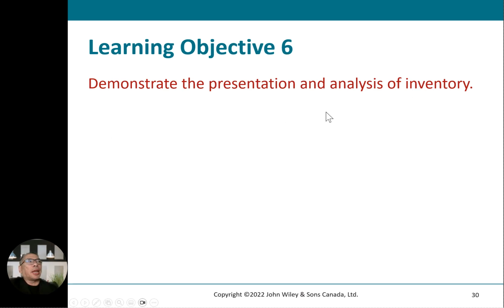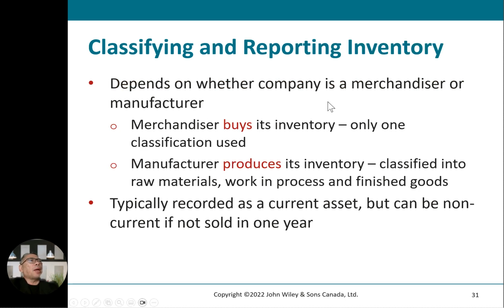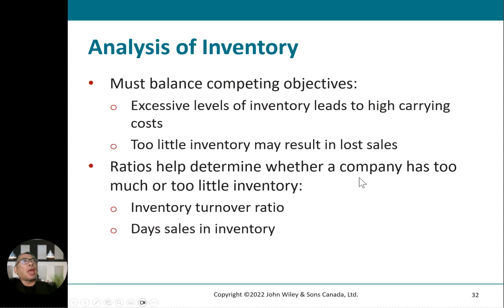Okay, let's look at learning objective number 6. Demonstrate the presentation and analysis of inventory. Well, in terms of classifying and reporting inventory, it depends on whether the company is a merchandiser or a manufacturer. A merchandiser buys its inventory, so only one classification is used. A manufacturer produces inventory, classified into raw materials, work in process, and finished goods. Typically recorded as a current asset, but can be non-current if it is not sold within 1 year. Okay, and